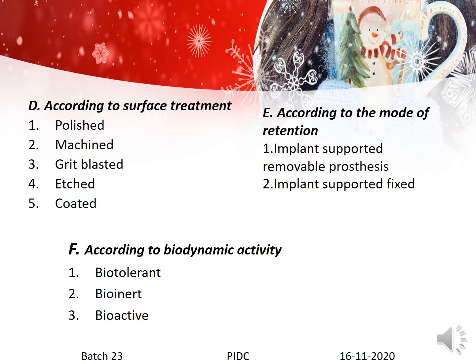It could be either a polished machined implant, or it could be a grit blasted, etched, or coated implant. So this surface treatment is mainly done, one main reason being that there is a two-stage surgical procedure where it takes around 3 to 6 months to place another component to load the implant. If it is an implant which is surface treated, the load can be easily placed in case the bone is very good. So they treat it before placement of an implant.